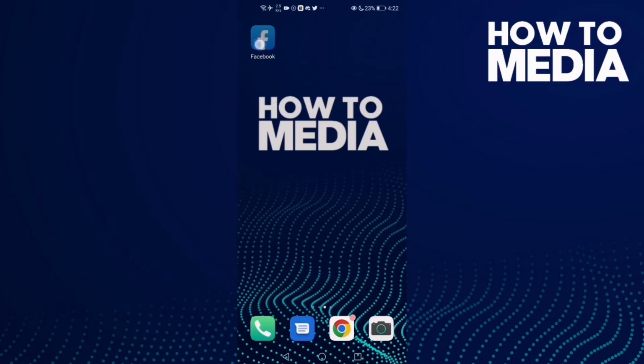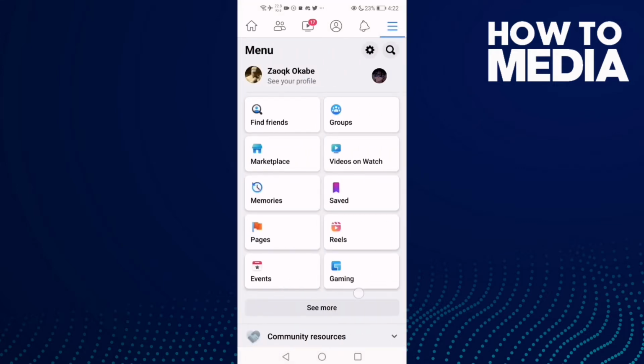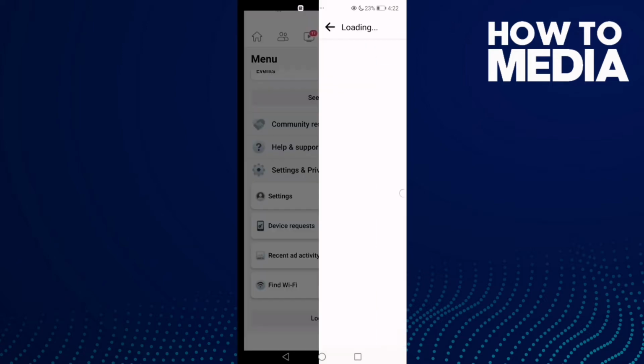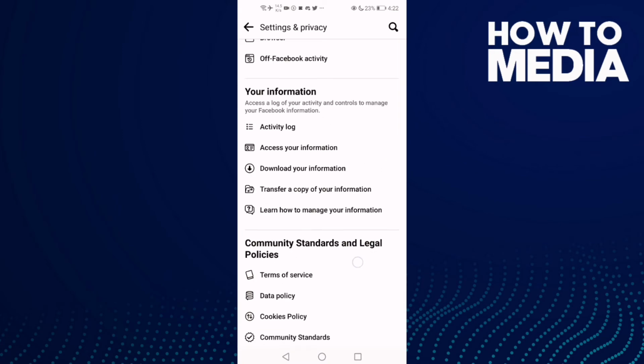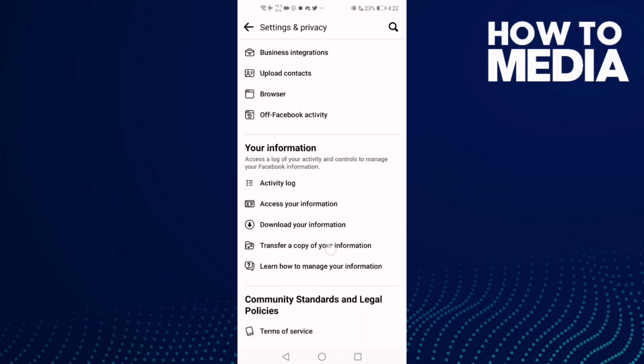First thing we're gonna do is go to Facebook and now click these three lines in the top corner and go down, click settings and privacy and then settings, and here just go down and click this one, transfer a copy of your information,